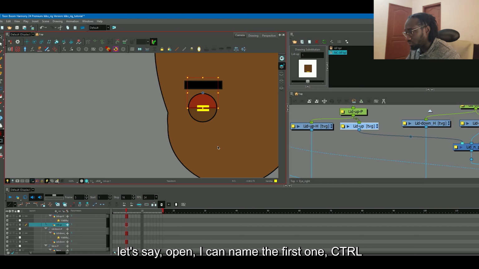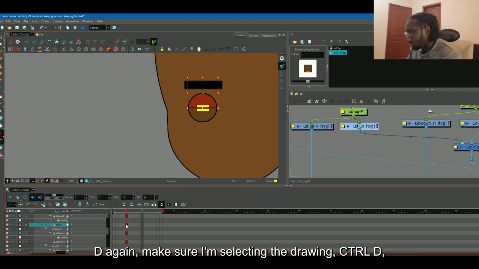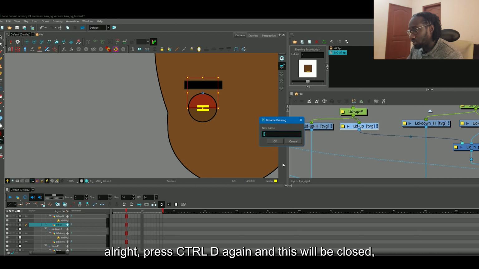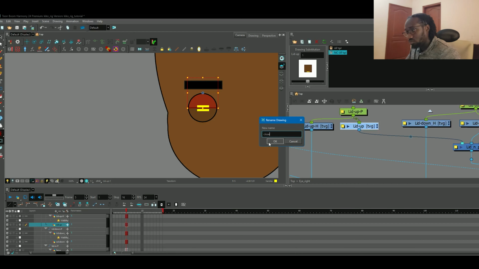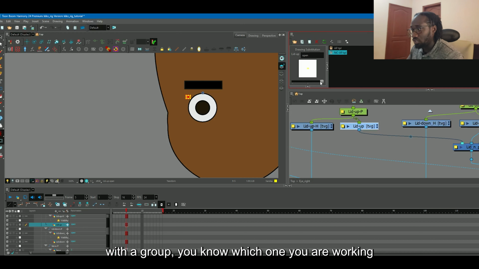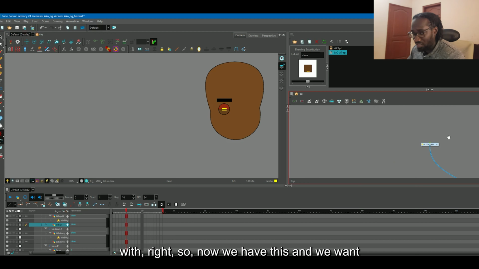I can name the first one, Ctrl D again. Make sure I'm selecting the drawing, Ctrl D, sorry, Alt D, press Ctrl D again, and this will be closed. So now it's labeled here in case you are working with a group, you know which one you are working with, right? So now we have this, and we want to just